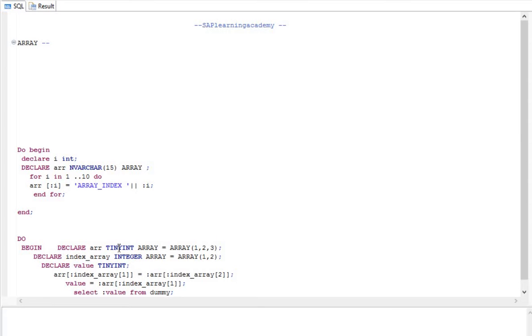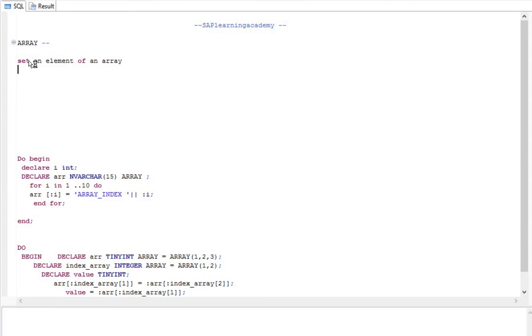In today's tutorial, I'm going to discuss the array. How can we use an array in SQL Script? I'll be showing you some examples, and in this particular tutorial, I'll be telling you what an array is and how to declare an array, and also how to set an element of an array, and how to return an element of an array. Okay,